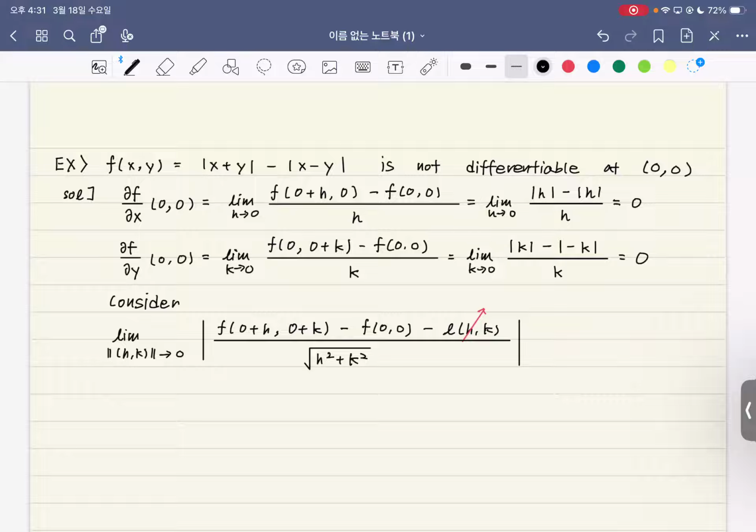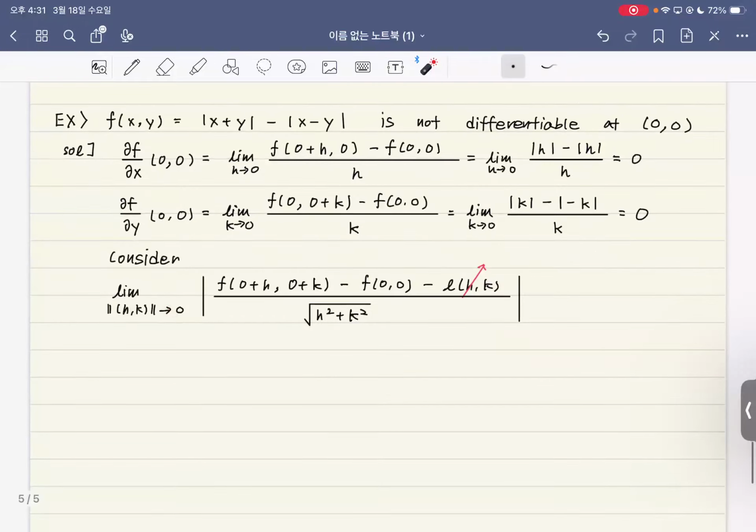But now, if the limit of this guy exists and this limit equals 0, then this function is differentiable. But I want to show that this limit doesn't exist. Well, because this is the limit of a two variable function, if the limit exists, then